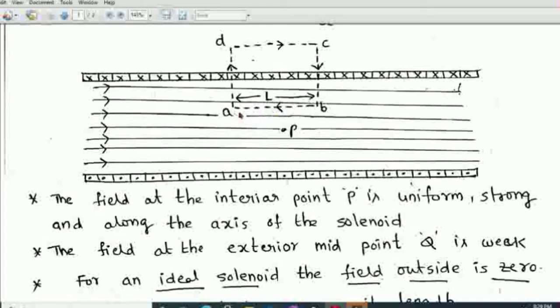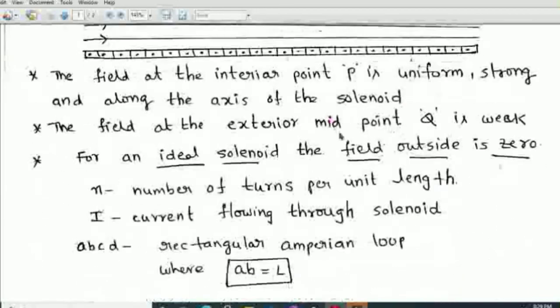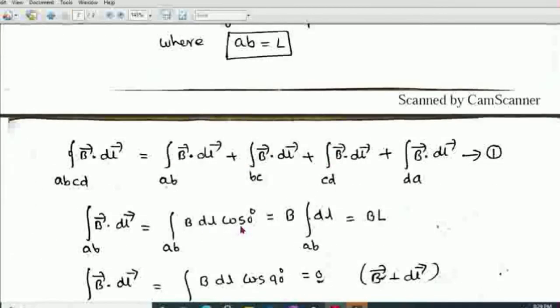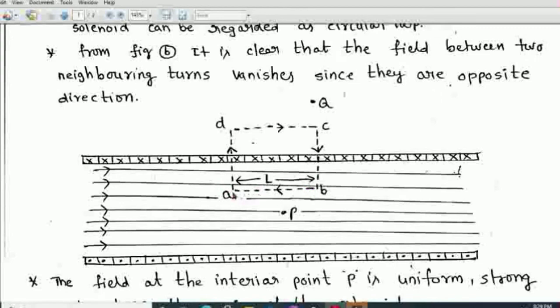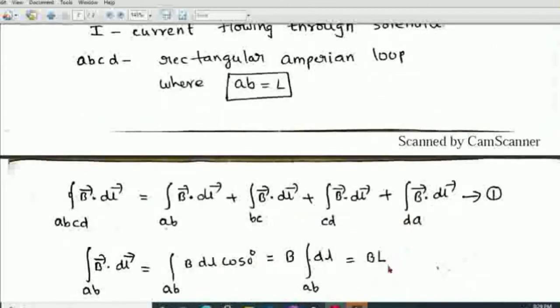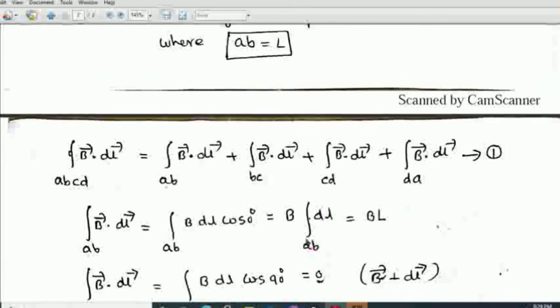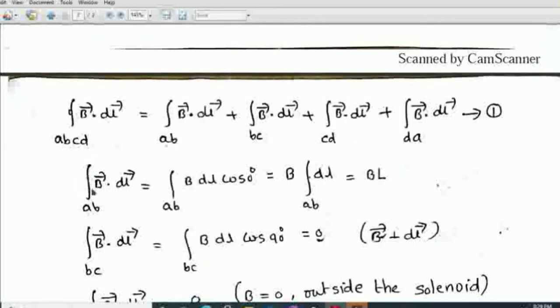Now AB is also in the same direction as the magnetic field, so that's why theta is 0. Now if you consider cos 0, then the integral of B dl is equal to B, the magnetic field, because cos 0 is equal to 1. Now B into integral dl. Integral dl for the AB part is L. So that's why we can write B into L. The integral of dl for the AB part from A to B, the distance is L. So the integral of B bar dot dl bar for the part AB is capital B into L.